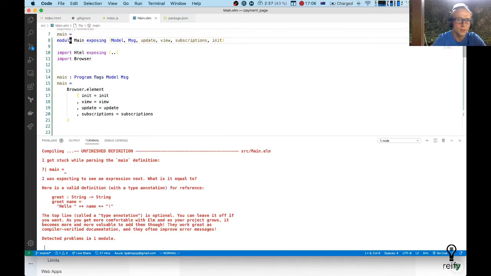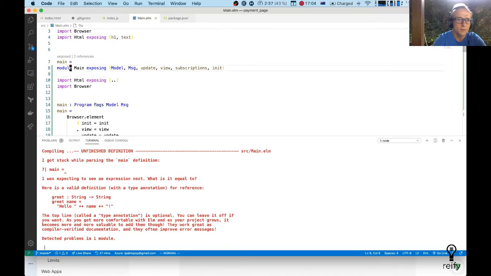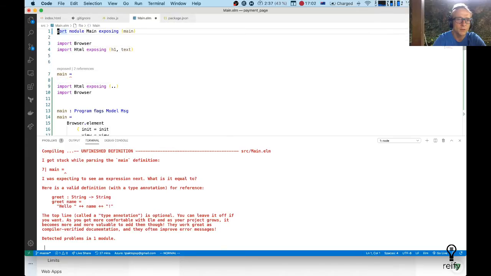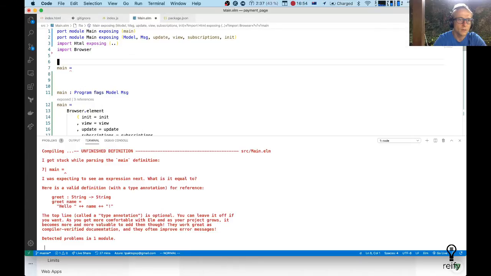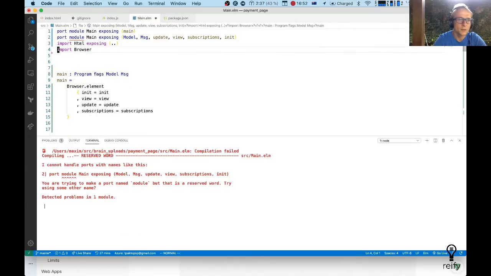So element actually did all of this. It put module Main, exposing all of this jazz. I'm gonna add a port here, and we need to import HTML and the browser. So this, and let's remove this, and let's see if this